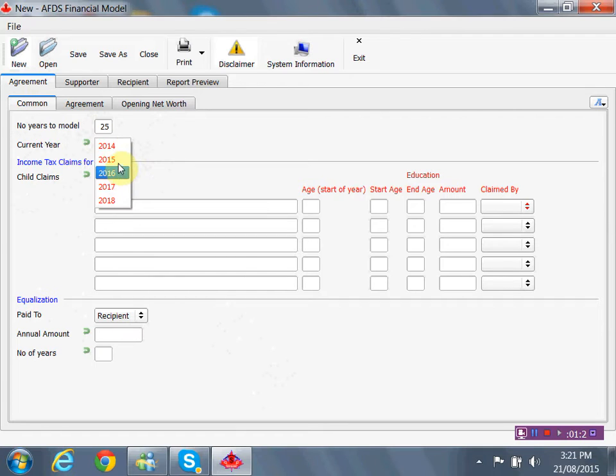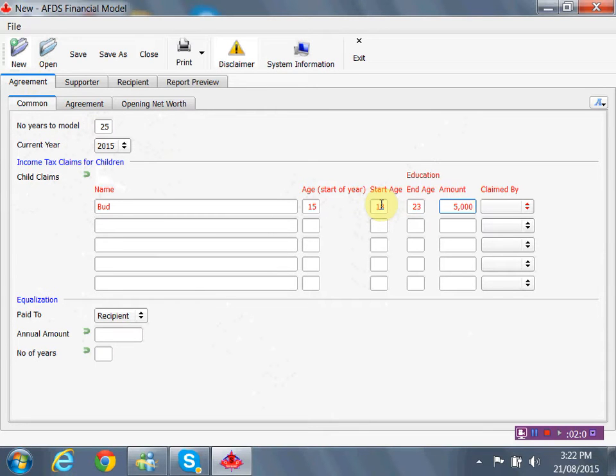And these are really for the future, but at this point in time, you would not use 2016 or 17 because your start year is going to be now, and it wouldn't work if you use these years that haven't even come into being. There's a field here to put in the child's name and their age at this particular time. This whole section is to do with going to school, so you would put in the age that they intended to do post-secondary starting,